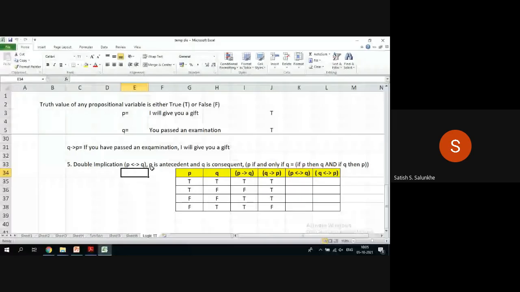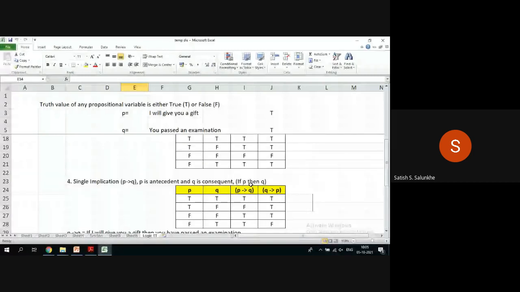Three connectives like negation, and, or, single implication, and we also discussed double implication. So basically, what is double implication? Prior to that, the single implication, how can it be pronounced? It is also called P implies Q,